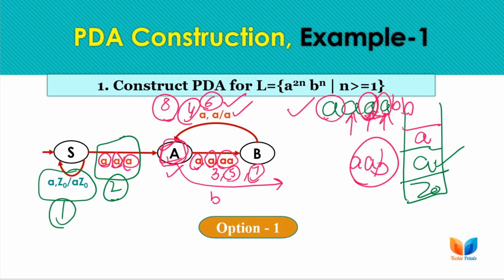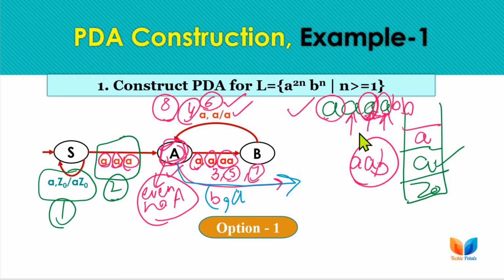And A is the state where we end after receiving an even number of A's. Even number of A's are received and we are ending with this state. A is the state from where we must start the next operation, that is the pop operation. After getting B, we start with the stack top as A, as the condition is n must be greater than or equal to 1. So we must have at least one A on the stack top. We will start with the pop operation and repeat it for all other A's, as we have pushed an equal number of A's onto the stack.